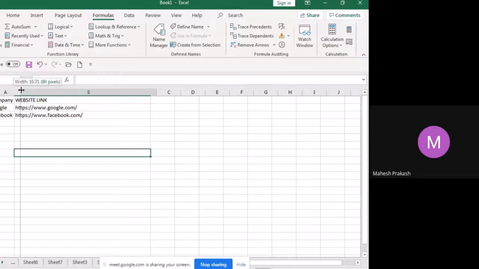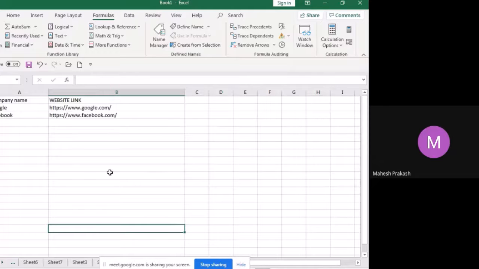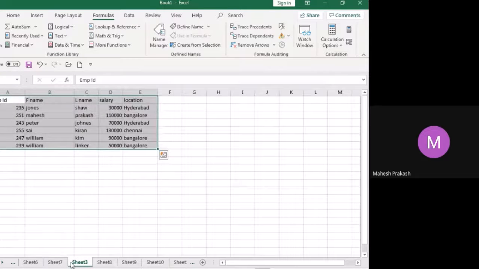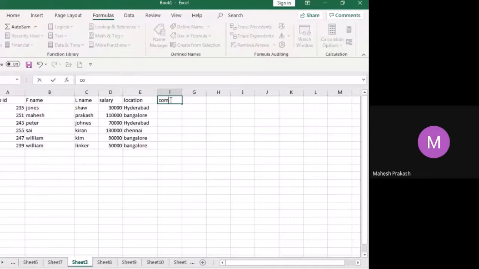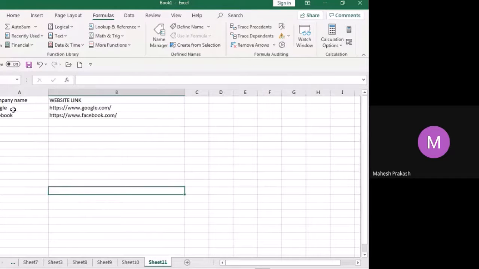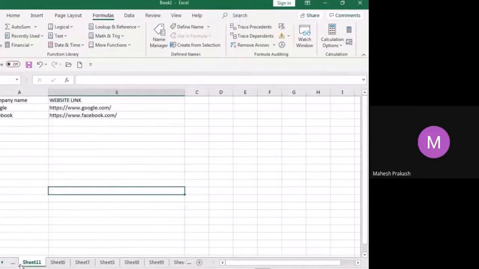Imagine maybe in future you got this, where the link is also available and the name is also available, and you want to use this to know some people's ID. Example, let's say, the company. What I'm trying to tell you is that all these people are from some other companies. Example, they are from Google or Facebook. 11 sheet.